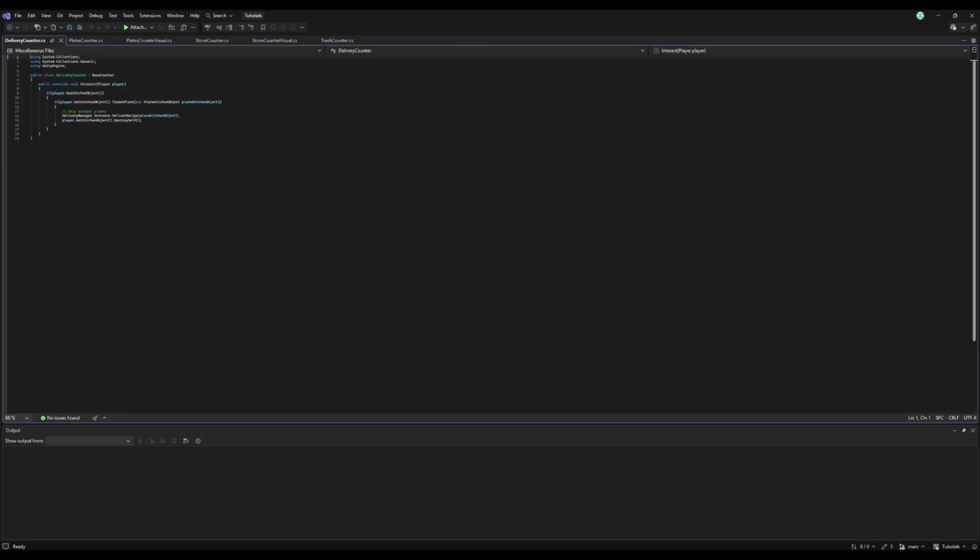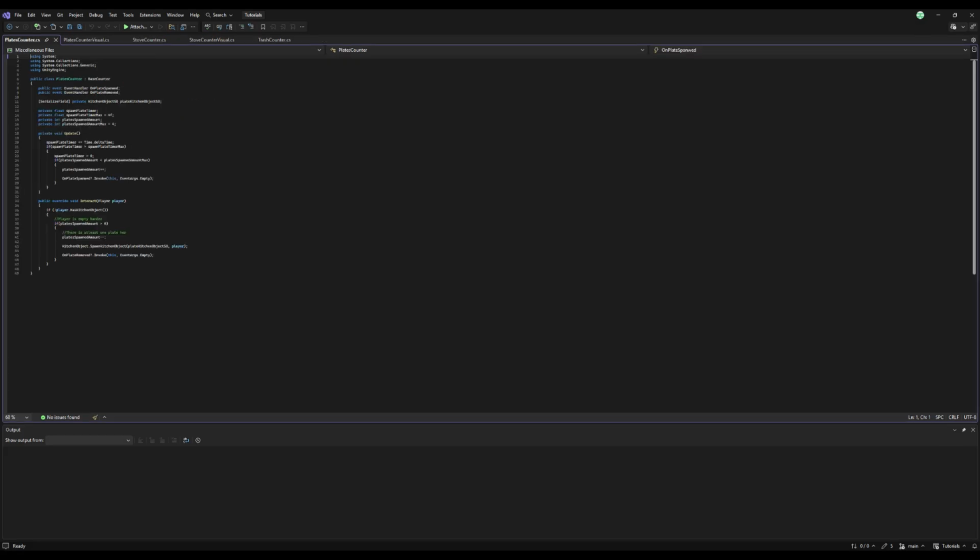This delivery counter class handles delivering completed plates to the delivery manager. Right here, it validates that the player is holding the plate, and when the player sends off the plate, the plate the player is holding gets destroyed. Right here. This plates counter class spawns plates over time up to a maximum of 4. It allows the player to pick them up, and it uses events to notify when plates are spawned or removed